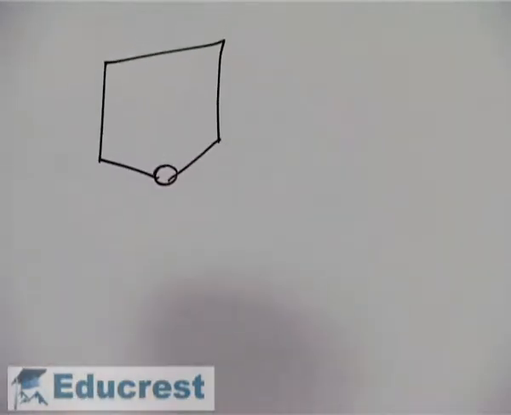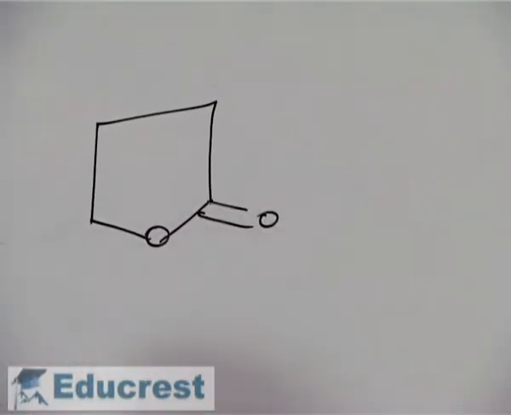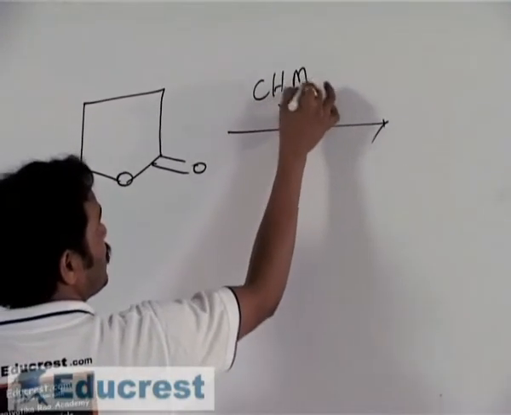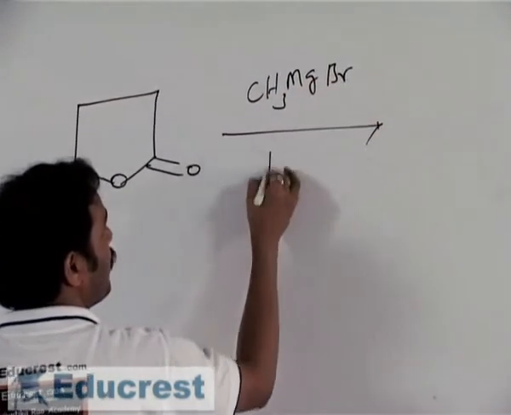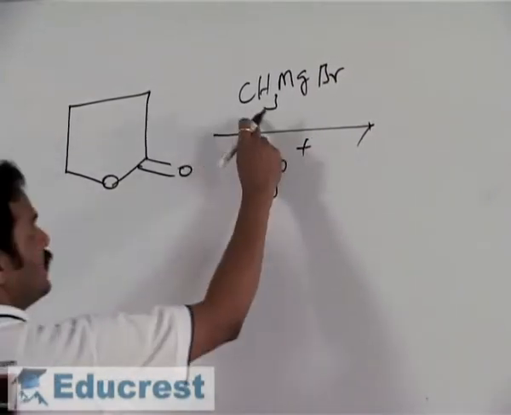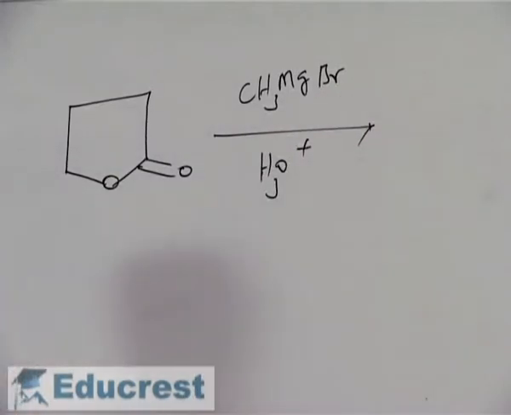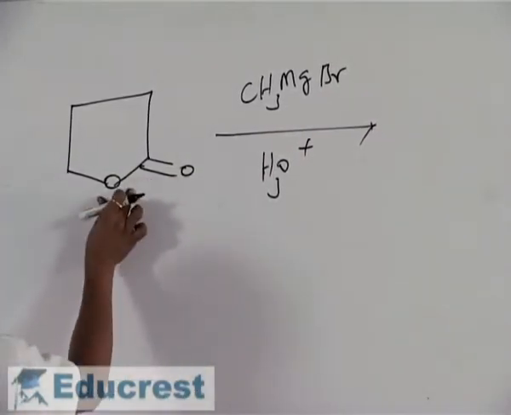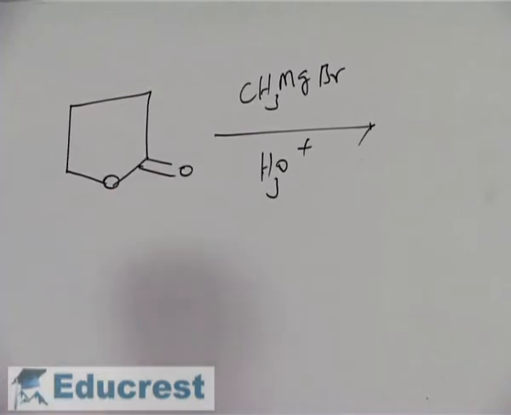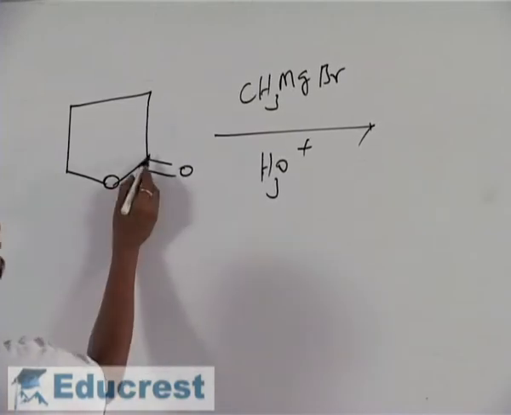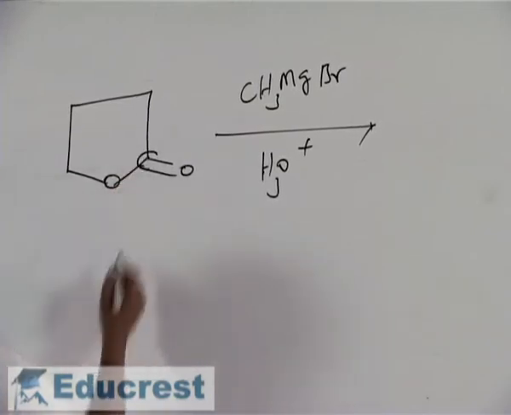This question I am writing like this. This is an ether linkage and this is C double bond O, and this is on reaction with CH3MgBr followed by hydrolysis, Grignard's reagent. Known to you, this Grignard's reagent has a tendency to react with carbonyl compounds as well as ethers. So first of all I am completing the reaction with the carbonyl compound, and known to you this is carbon, this is C double bond O.